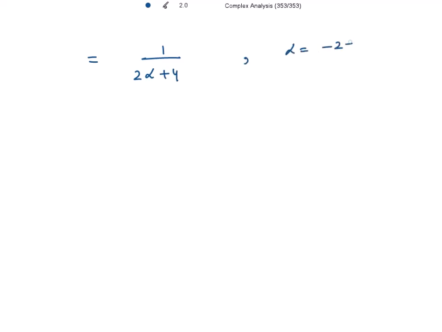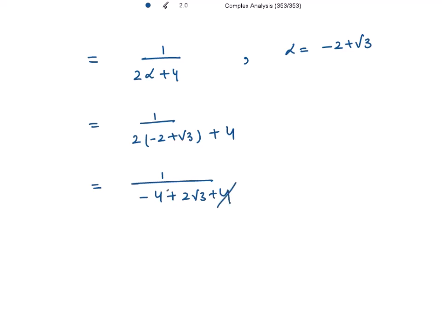It is minus 2 plus root 3. For simplicity, we have taken this value to be alpha. So this is 1 divided by 2 into minus 2 plus root 3 plus 4. So that gives minus 4 plus 2 root 3 plus 4. These two cancel out and we get the residue to be 1 divided by 2 root 3. Right? And now by the residue theorem,